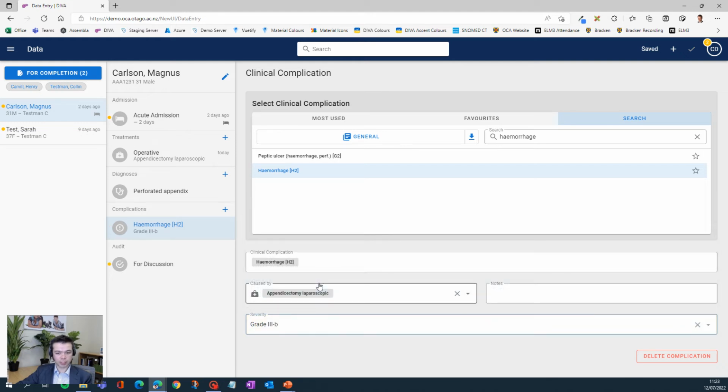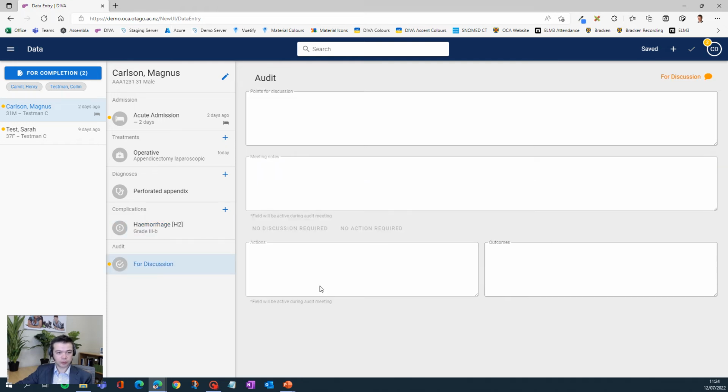So let's do that. And then you'll see that automatically this audit form down here has pinged up an orange, because the system will default us to discuss any complication that is grade 3 and above, or any death as well. So it's asking for some information here, and if you see this, you will actually need to fill in this